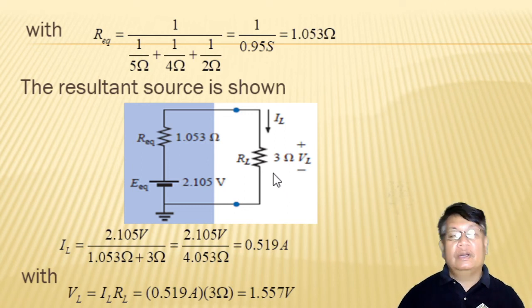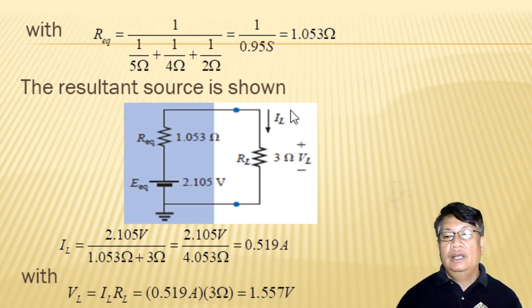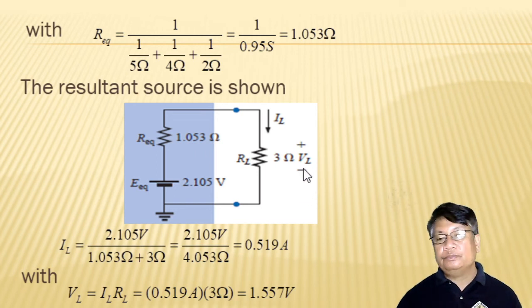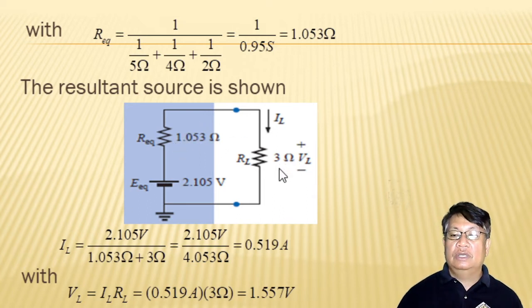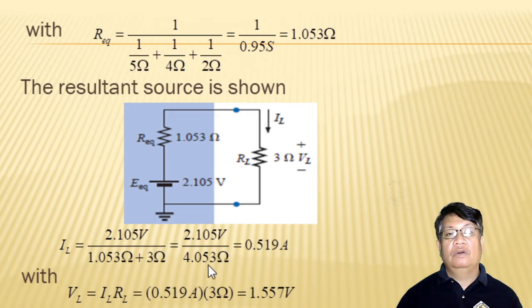So, according to our problem, we are going to solve for I sub L and V sub L, the load current and the load voltage. The load current is equal to the source voltage of 2.105 divided by the sum of these two resistances connected in series. That is why we have 2.105 divided by 4.053. So that is simply equal to